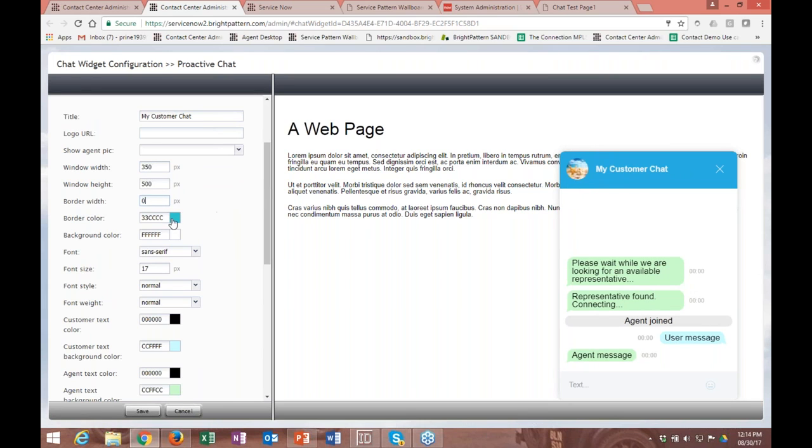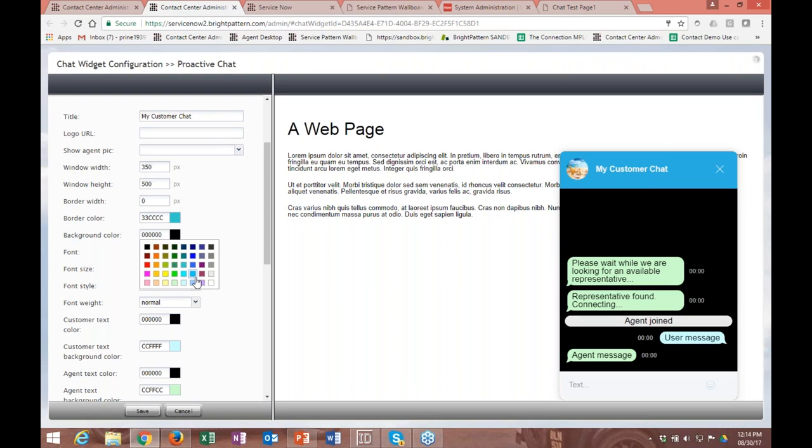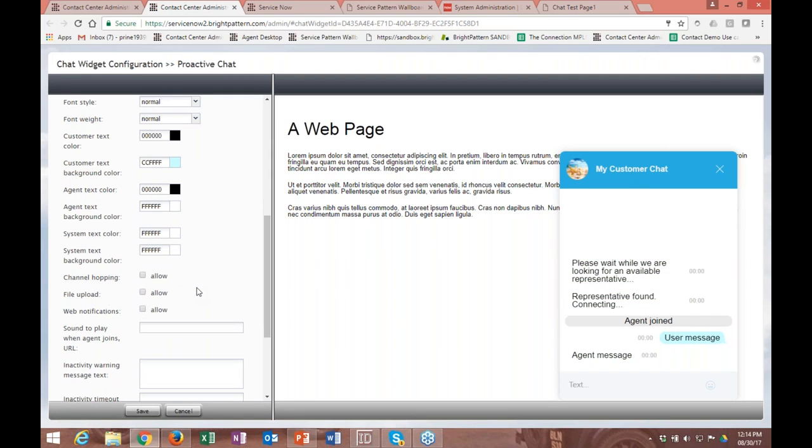We can change the colors here. So for example, if we're looking at the border color, but we're also looking at the background color. So we can change the background color to black, of course. And size. The color. Changing it to green or changing it to a different color. Maybe that's too bright. We can go back to white, for example, and black. And then we can change